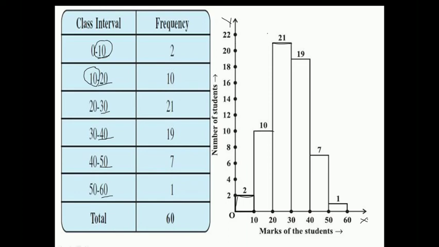Like this, for 19 you have to draw a line between 20 to 18, and for 7 you have to draw a line for 6 to 8, and for 1 you have to draw a line between 0 to 1. So when you draw this horizontal line as per the given frequencies, you can easily join these bars with each other. So like this, you can draw your bar graph.